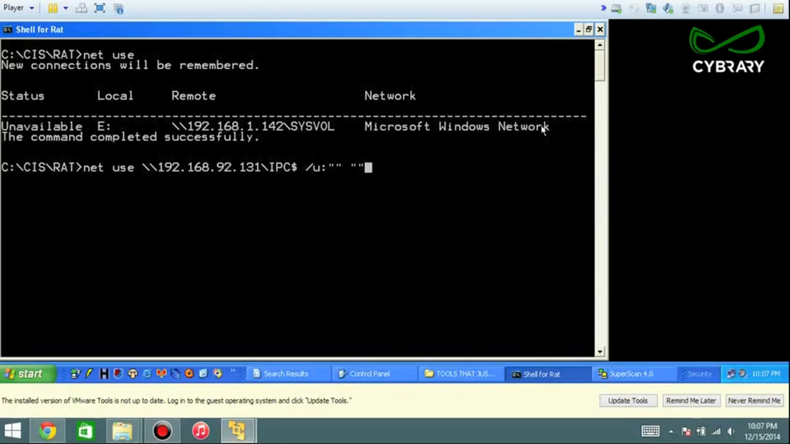So the forward slash is U. That is for the username. In this case, because the quotes are right next to each other, that basically means nothing. And then, of course, the password comes right behind that. And you can see that it says the command completed successfully. All right. Now, what I've just done is I've reached out from a client to the Windows server, and the